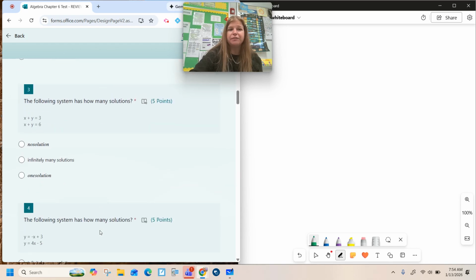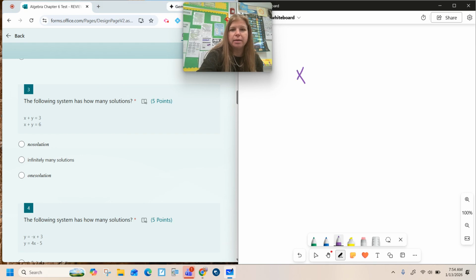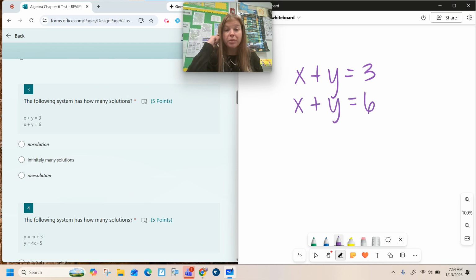Now, it says here, the following system has how many solutions? And I have two equations. I have x plus y equals 3, and I have x plus y equals 6. Now, one thing I can do is I can put them in slope-intercept form. Maybe that'll help me. Like this first equation here, if I write it in slope-intercept form, would look like y equals,